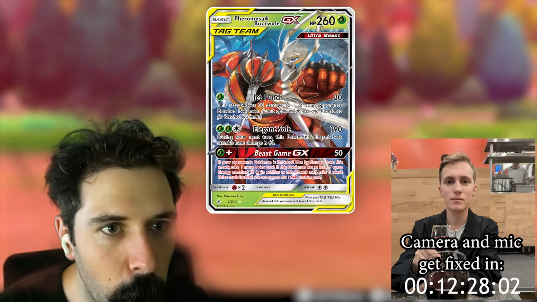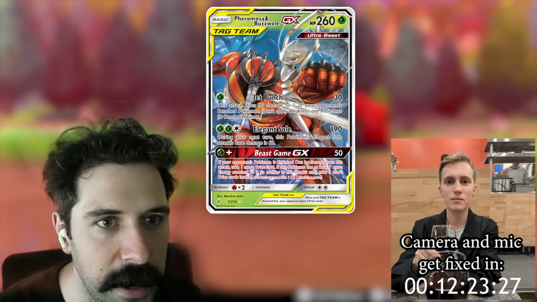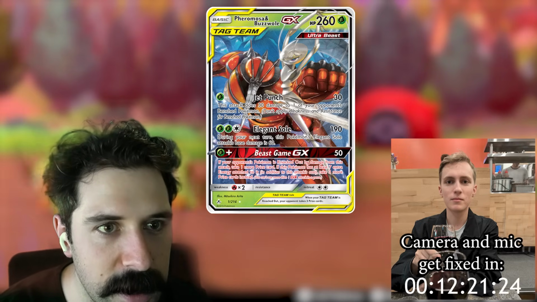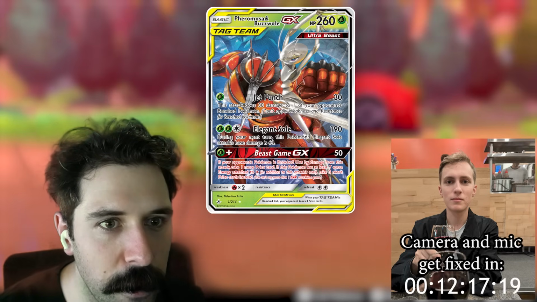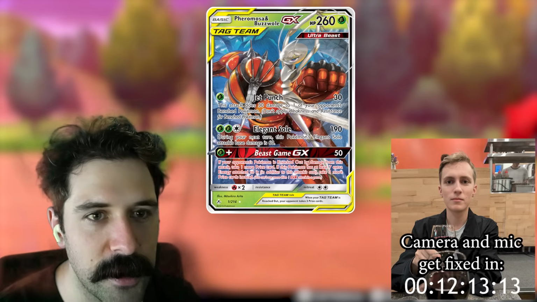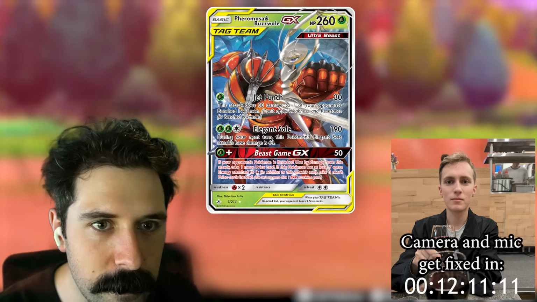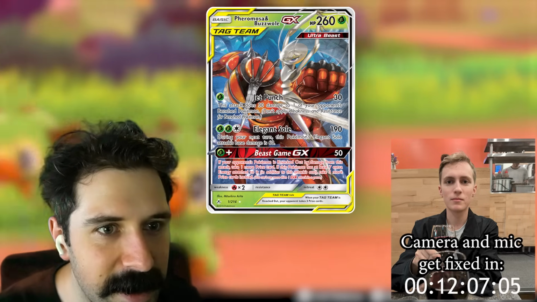Grass type. For 1 grass, we got Jet Punch for 30. This attack does 30 damage to one of your opponent's benched Pokemon. And then we got 2 grass and a colorless. Elegant Soul, 190. During your next turn, this Pokemon's Elegant Soul attacks base damage is 60. Okay, so you're doing like 130 less, is that right? Sounds about right. That's an interesting way of wording it. I feel like I haven't seen it written that way, but...